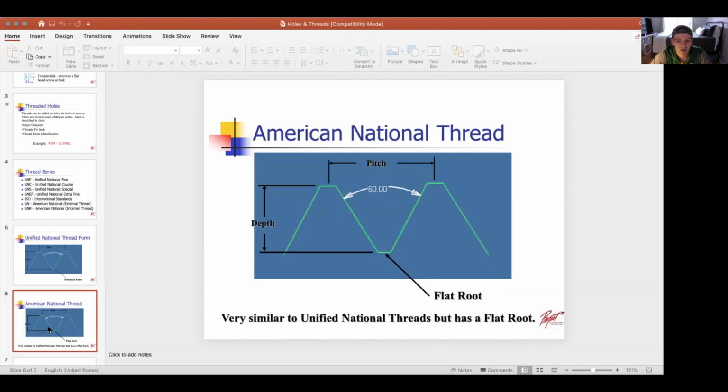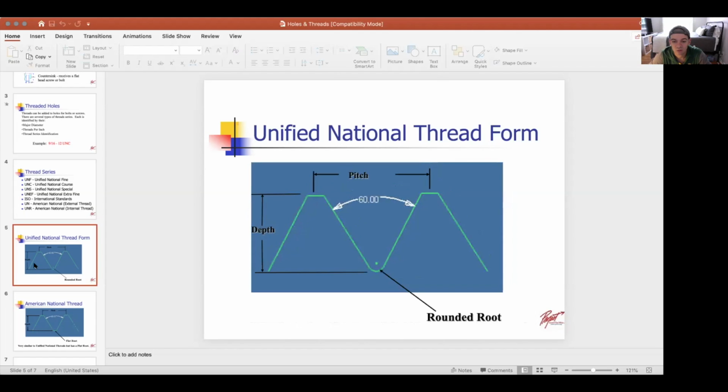And then American National Thread, they have a flat root, and that's just talking about the inside, where if you were to draw basically one cylinder, and you would just put a pitch around that, whereas this, you would have to draw a cylinder and take out grooves in that rounded root. That would be pretty hard to show you, but if you just were to revolve this image around a center axis, say